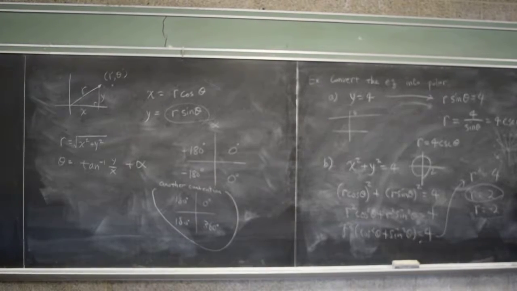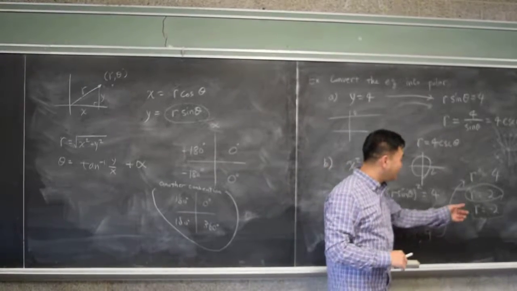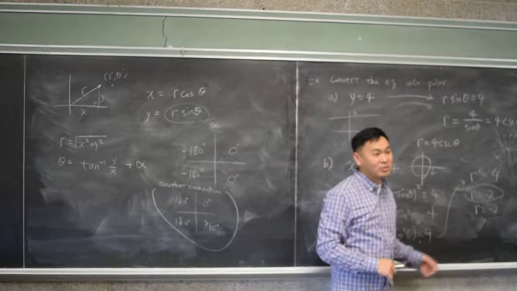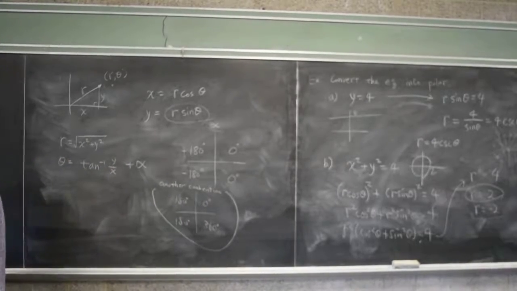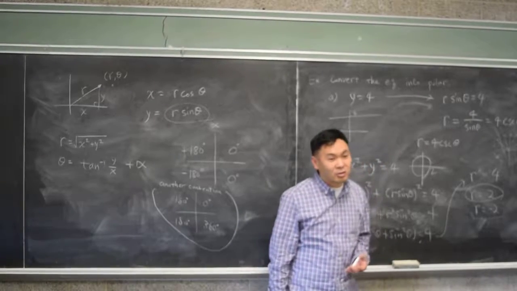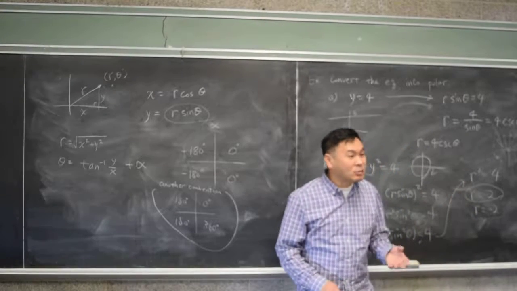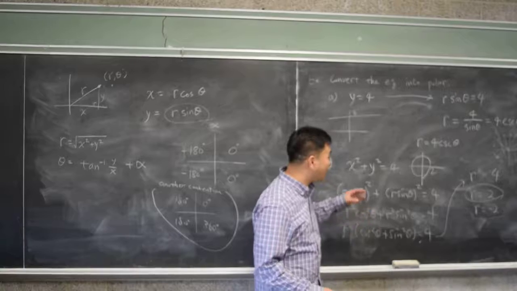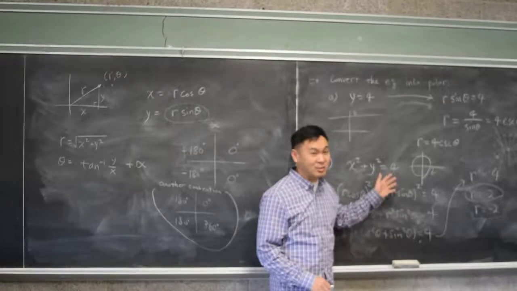And this already shows us some possibility of this polar coordinate system. See, the polar coordinate system is horrible at expressing lines, right? But it's great when you try to express circles. It turns out that when it comes to expressing integrals over circles, when you go to the polar coordinate system, it becomes better. Okay? So that's what we're going to do next time. I'm going to show you how to do integration over the polar coordinate system, and then I'll convince you how easy it is when you